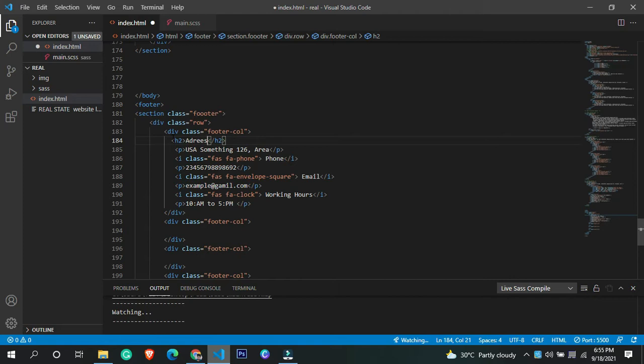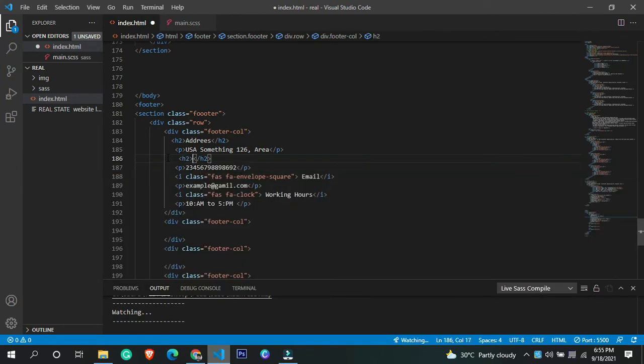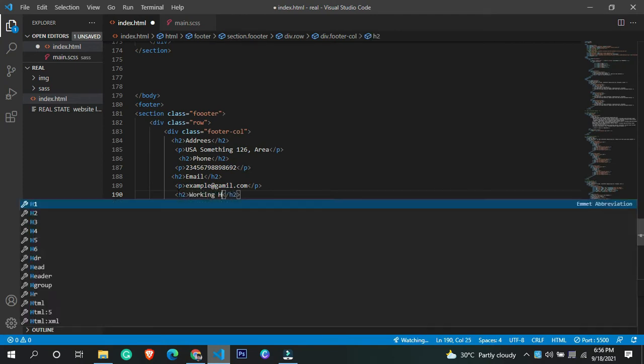Okay, then after that what we need to do, we have to delete this one as well, address. We have to delete this phone number, and let's add S2 again, and let's say phone. Okay, and then after that let's say email, and at the end of the line we have to add, or let's say working hours. Okay,